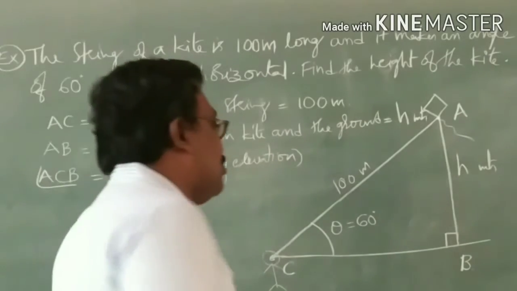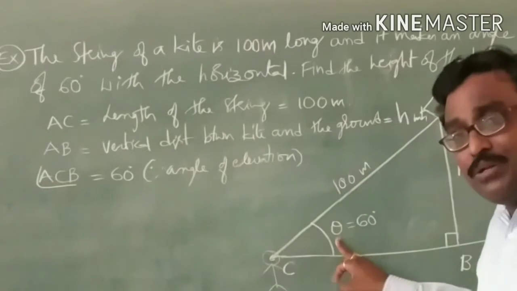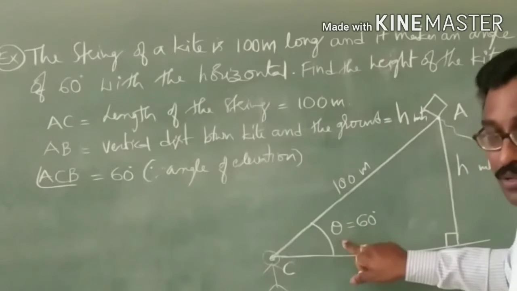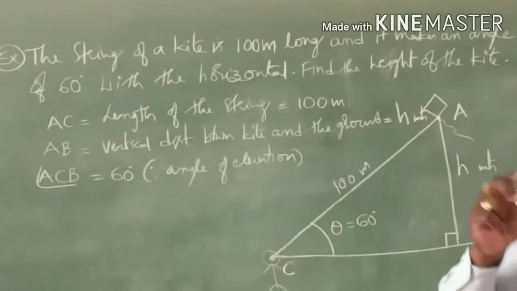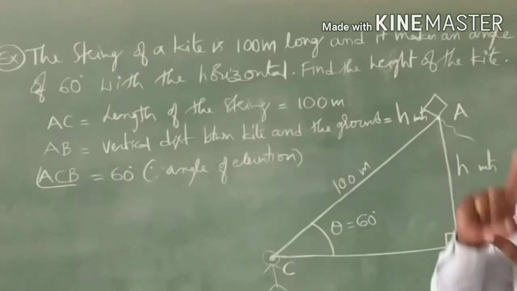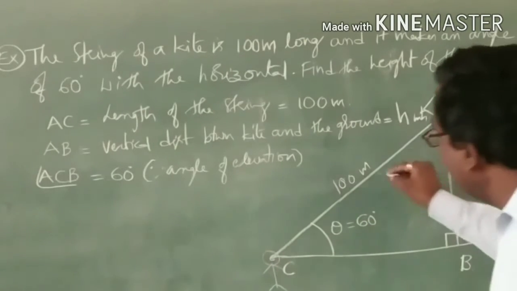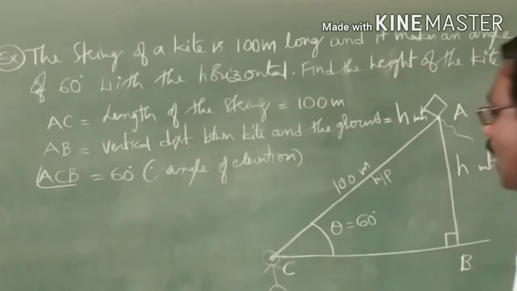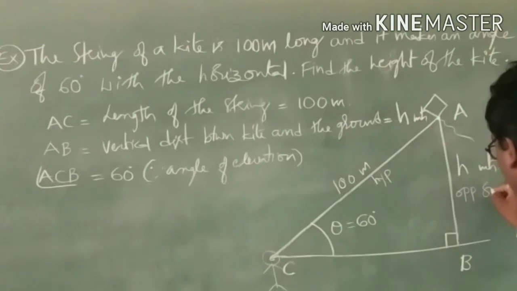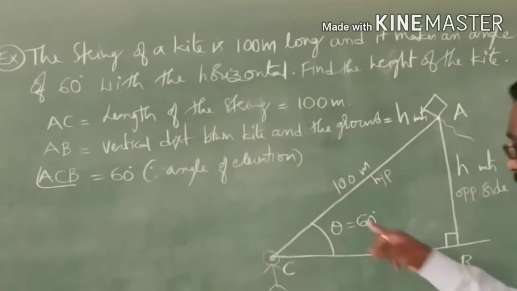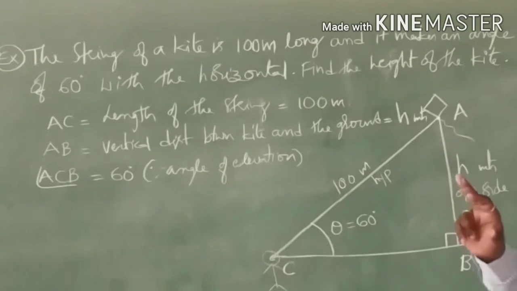Now, apply the trigonometric ratio here in the diagram. How? With respect to theta, there will always be 2 points given: what he gave and what we need to find. What he gave, with respect to theta, is the hypotenuse. And with respect to theta, this is the opposite side. So this is the opposite side and this is the hypotenuse.